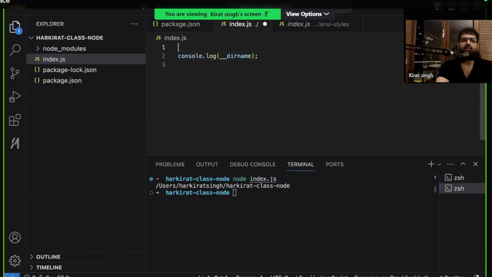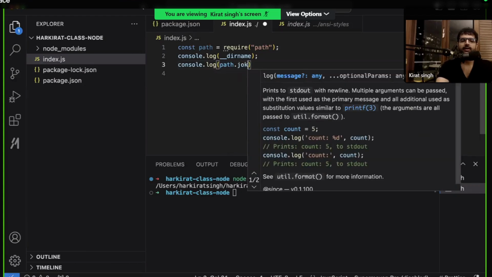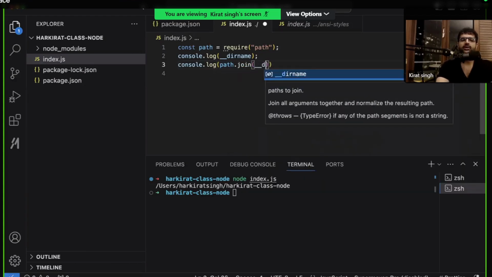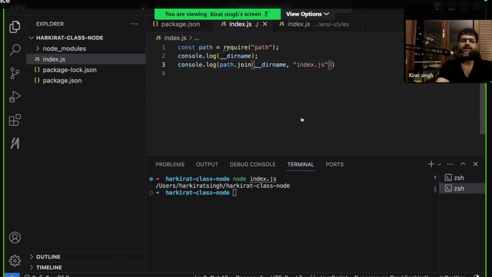Similarly, if I do a const path equal to require path and then do console.log path.join __dirname, comma, let's say, index.js, then what does it print? It prints /users/Harkirat Singh/Harkirat class node/index.js.